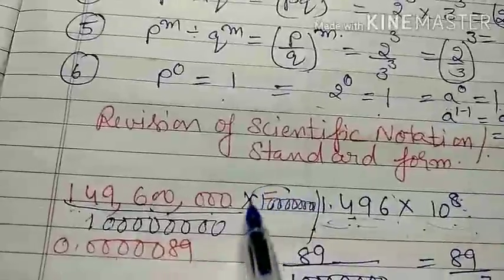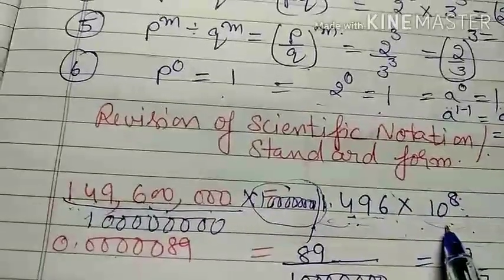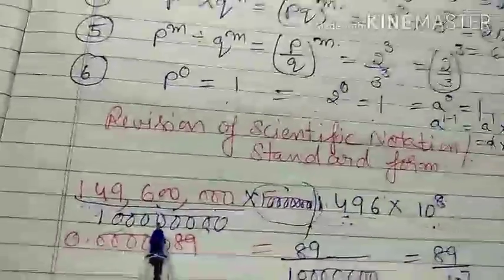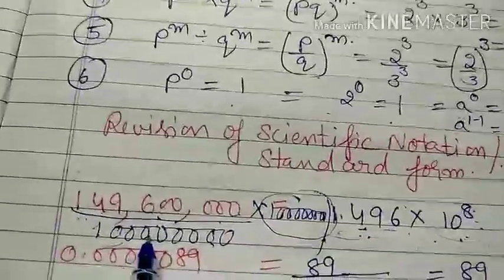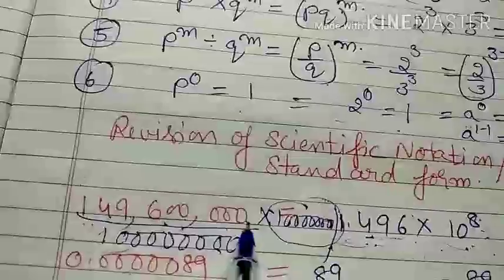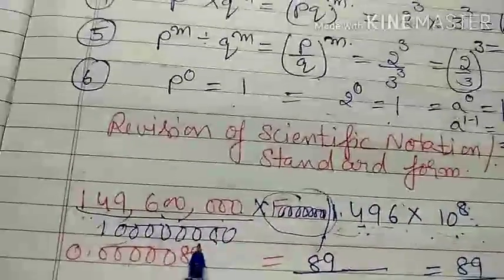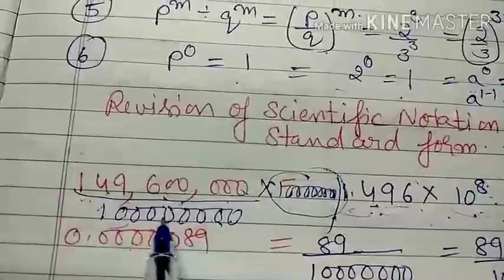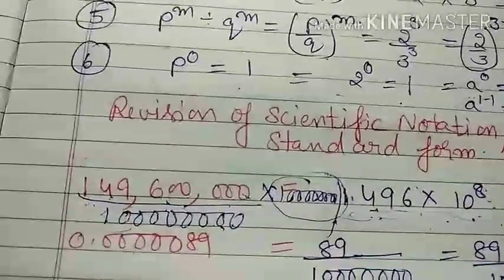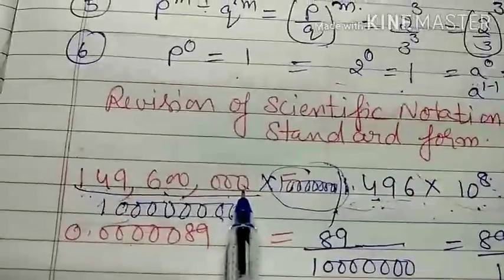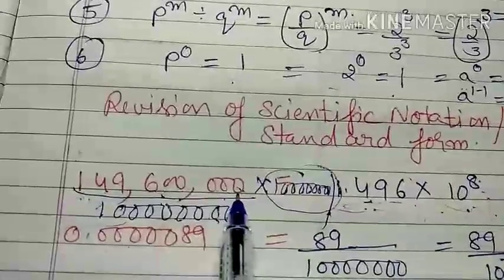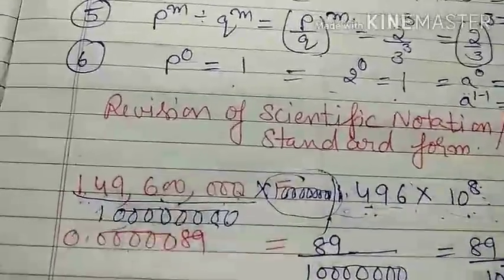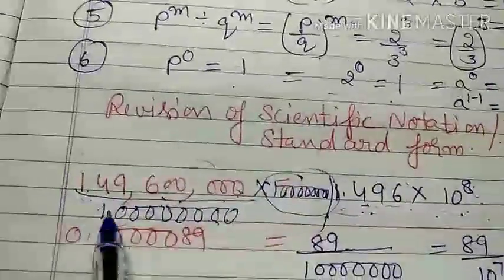Okay, so this I converted into 10 raised to power 8. Whenever you divide any number by a multiple of 10, you have to count how many zeros are there in the denominator from the right side, and mark the decimal. This is 1, 2, 3, 4, 5, 6, 7, 8. If I have 8 zeros, I will count 8 digits from the right side, 1, 2, 3, 4, 5, 6, 7, 8, and I'll mark the decimal here. So that is the meaning of this.